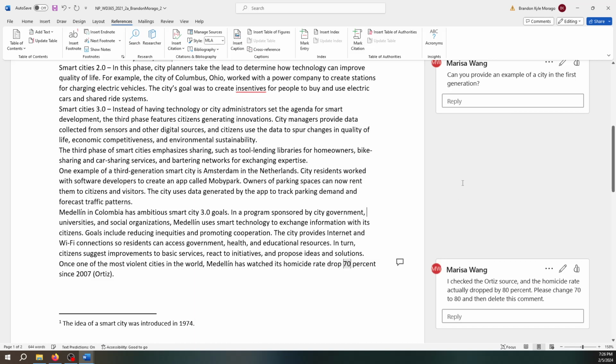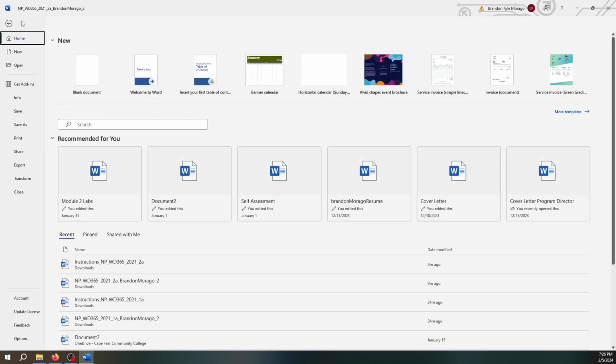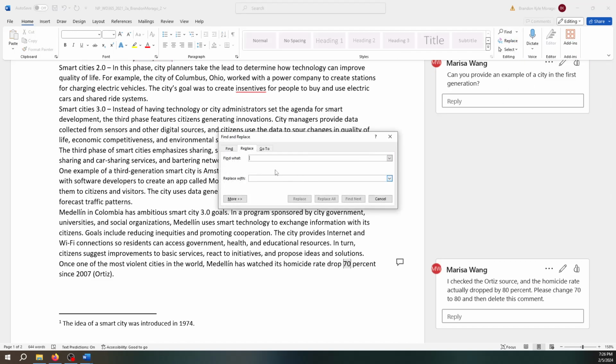Alright, next we're going to find and replace a word. So we're going to go to Review, I believe. Actually, no, it's on the Home tab. Home tab, right here it says Find. Actually, click on Replace. So we're going to have it find the word phase,